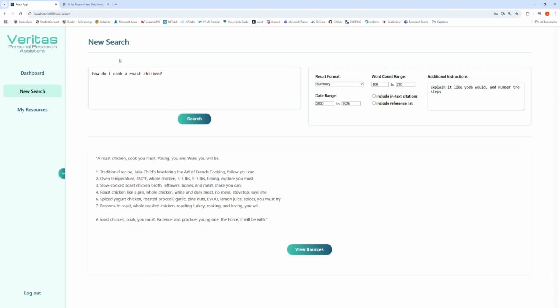By opening this old search, it's taking me to the search page, and it's populated the information in accordance with how it was written and how the filter options were set during the original search. So, asking our AI a simple question such as, how do I cook a roast chicken? Setting result format to summary, using sources from 2000 to 2025, a word count range of somewhere between 100 and